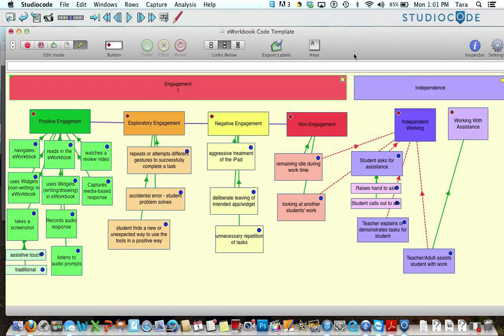Okay, so as you can see, my code window for the eWorkbook project has been growing and developing. What I'm going to talk about today is those activation links and the deactivation links and how I've been using them so far. This is definitely still a work in progress. I'm trying to figure out the best way to use these because I think they're going to be very helpful